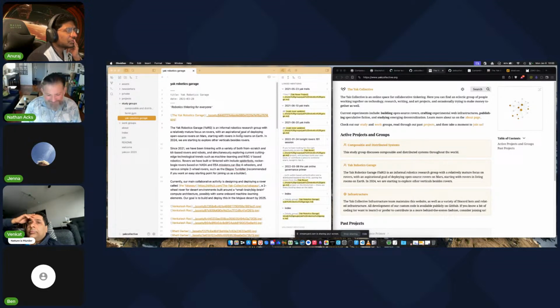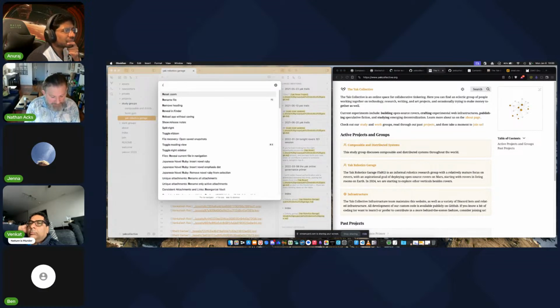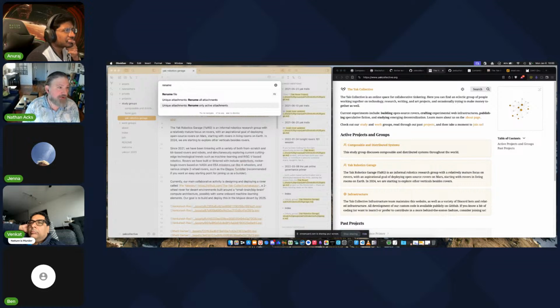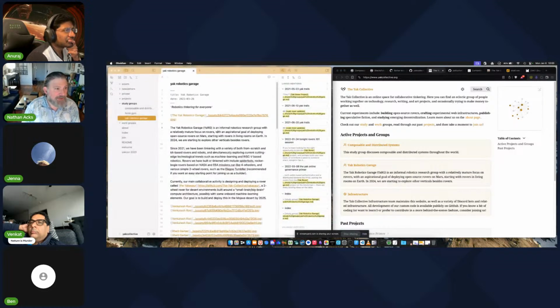Do you have an app for that? That's all I do. Basically, I just stick the images in there. This is what I do in my normal vaults in Obsidian. I just stick the images in there, and then if you just say rename only active attachments, that'll rename all of the linked files in the document that are not markdown files. So all the images and whatnot, that'll calculate an MD5 sum and then link it.